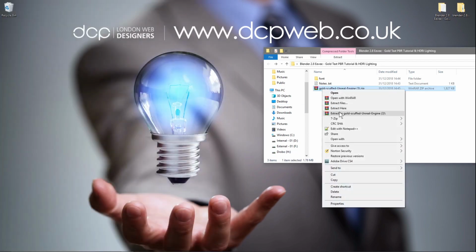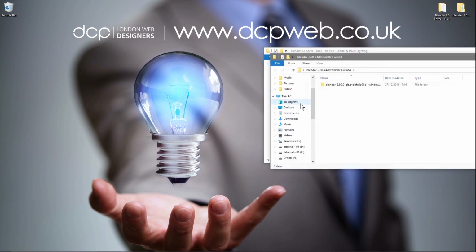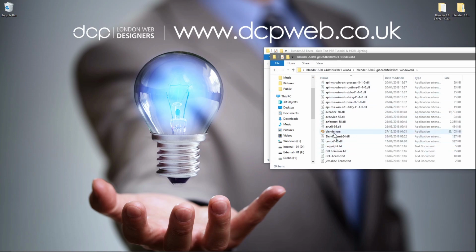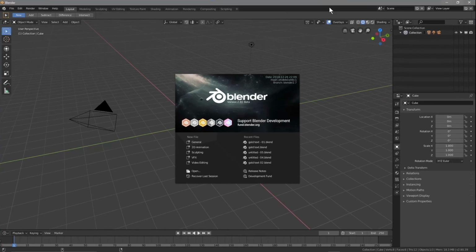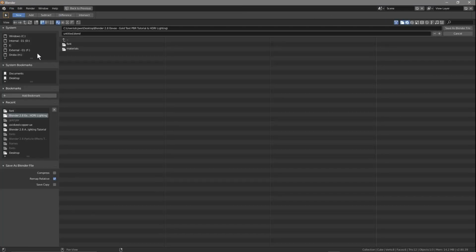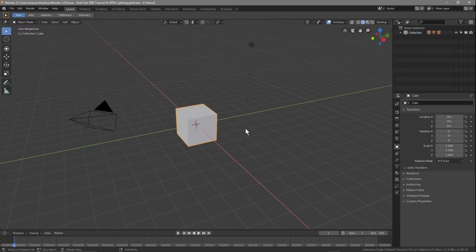We'll right click here, extract this zip file as well. We'll delete the zip file, and then we'll rename this to materials. Let's open up Blender, and then we will, like usual, go file, save as. We're in the right folder already, so all we need to do is just call it gold text -01. This will be the first version of this gold text,